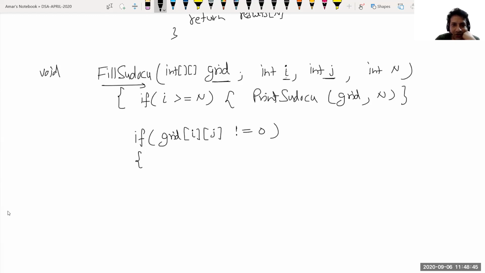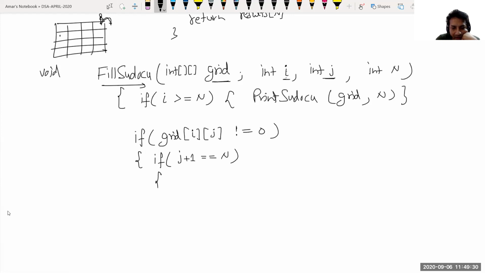But the problem is that you could be filling the last value of the row. Suppose this is the grid. If you are here and there's no next value in the row, then you have to find the next value differently. So just make a simple if: j is already 8, so j plus 1 is 9, and there you cannot move to 9. So if j plus 1 equals n,